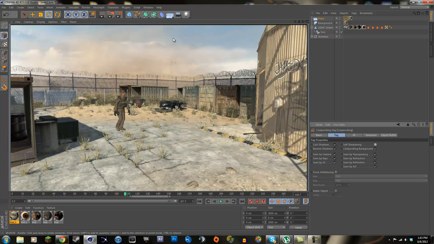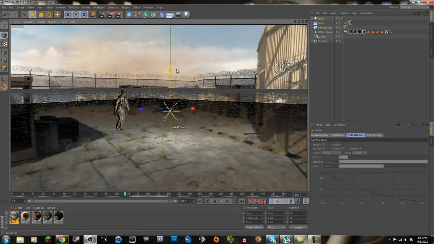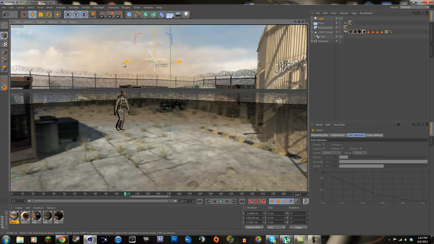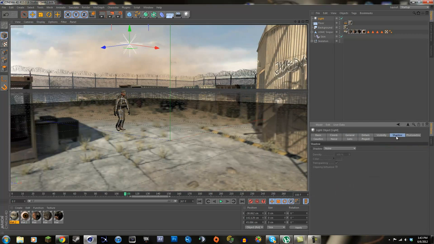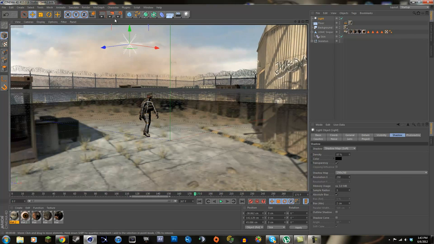But now that's just the floor. Now if you want to make a shadow from like a sun or something, you can make a light, and you could just drag it where you want, and then you can go and click on the light and go into the shadow settings and click soft, and you can make the density whatever you want. Depends on you. Just gotta keep on previewing it until it looks good. So right there you can see the shadow,